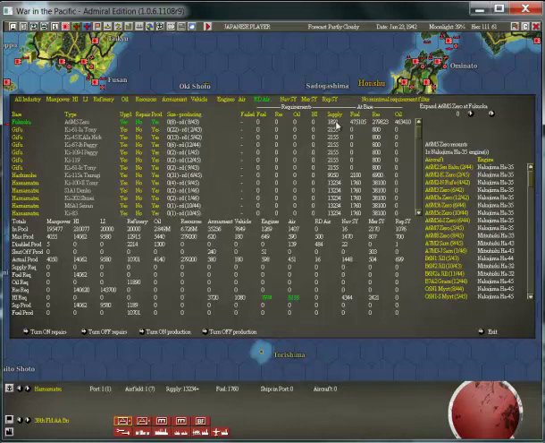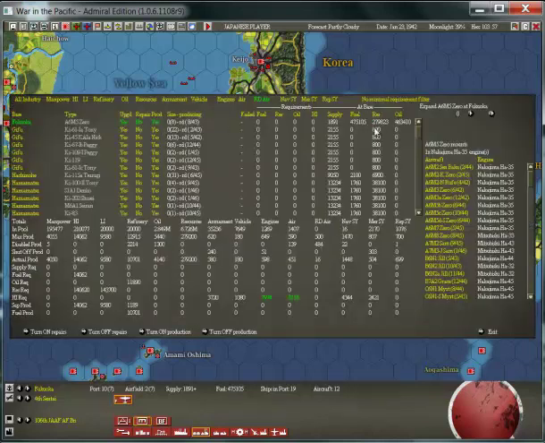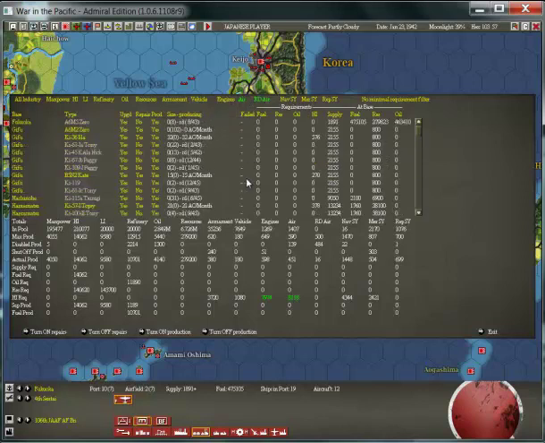Once again, because we don't have enough supply here, I'd have to change the requirement at Fukuoka, bring it up to about 4, so that next turn there would be enough supply flowing here to give us that 10K at base. Alright, so that's air with realistic